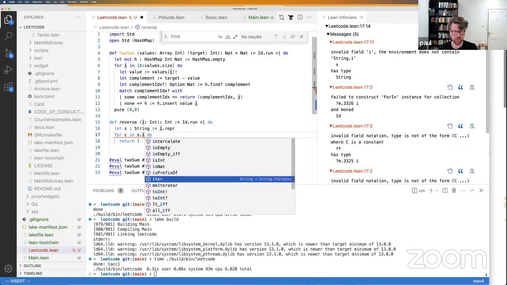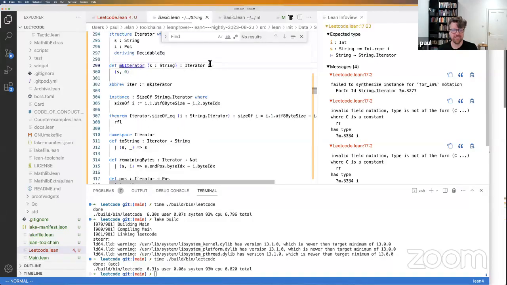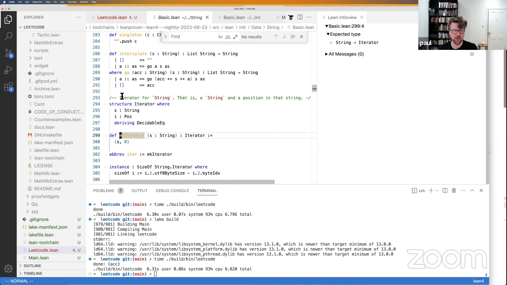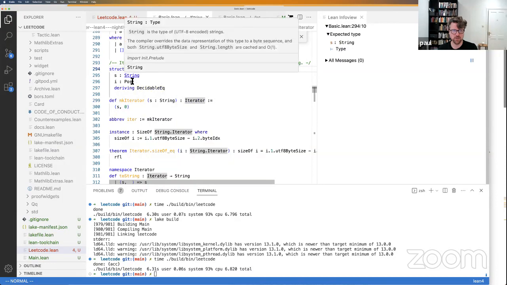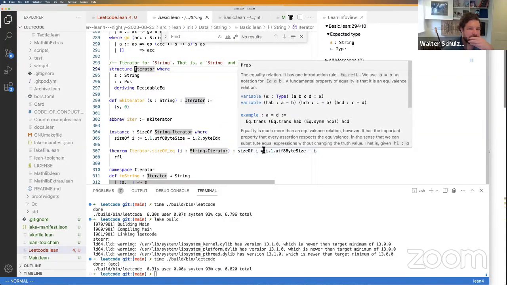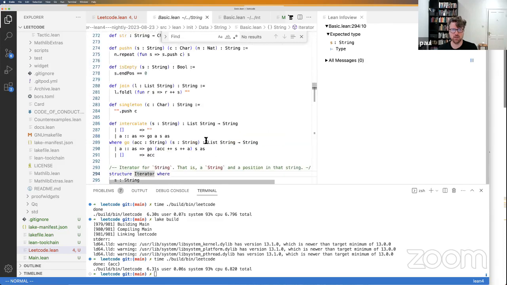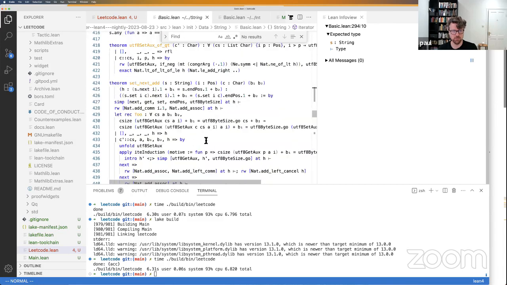Mk iterator. Oh, what the hell is this though? Oh, they're magic brackets. What is an iterator? String pos. Yeah, just the position. But can I? Is this a thing that I can iterate over with a for loop, or is it just some